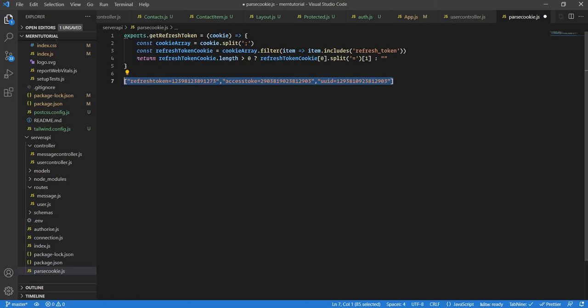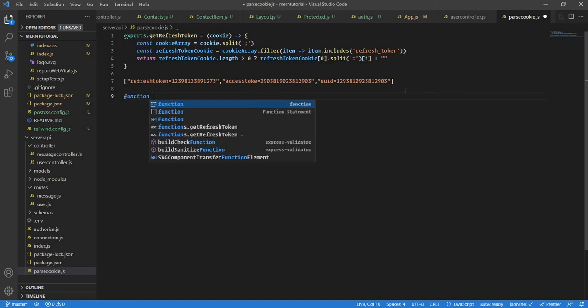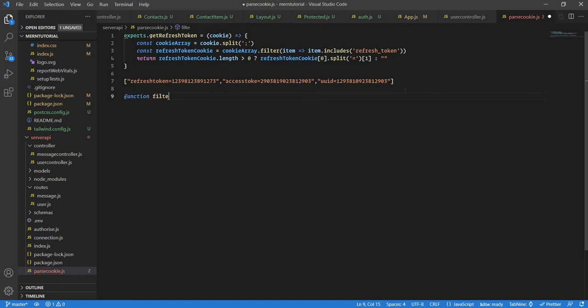Okay, now what we are doing is putting a filter function on this array. What does this filter function do? Well, it does a very basic thing. The filter function is always called on an array, and it takes a function as a parameter. That function fn gets executed with these parameters,